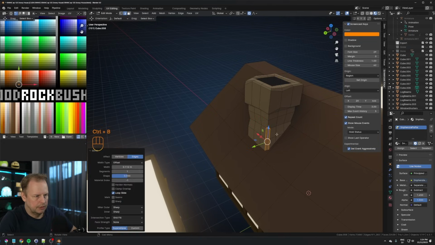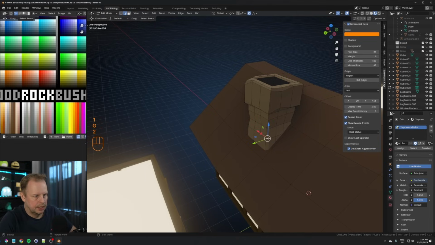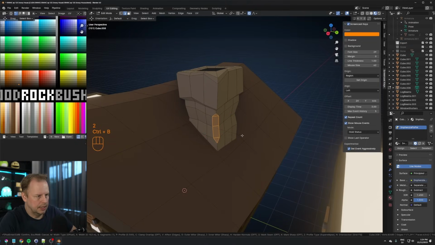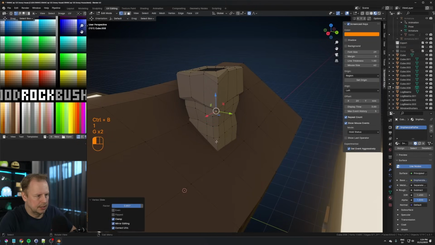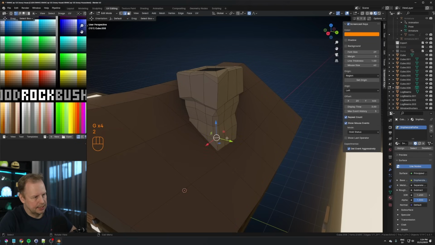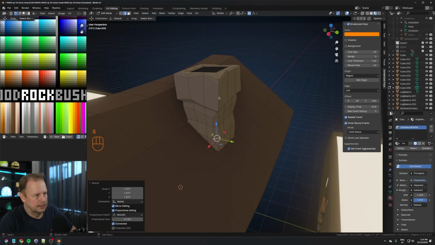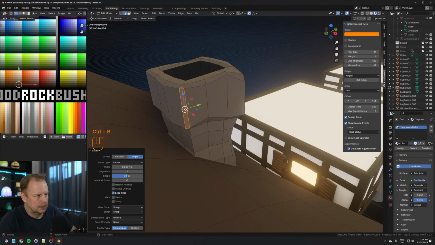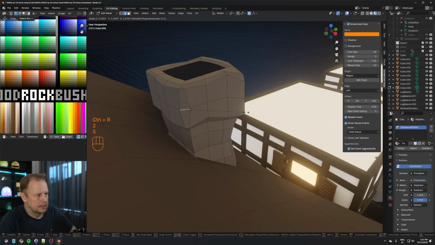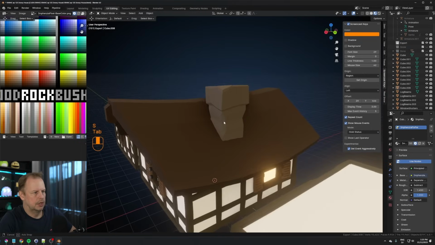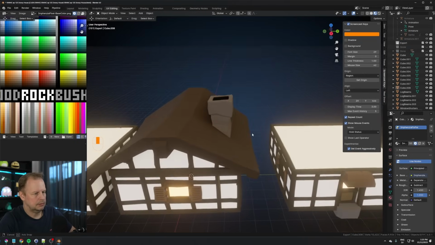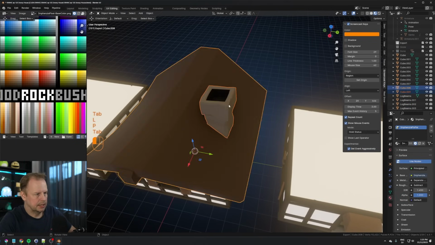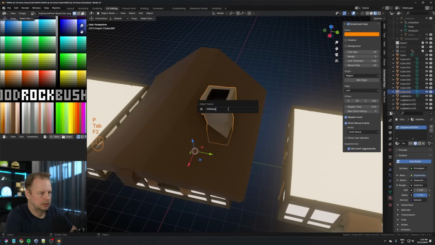Control B to bevel, GG, scale, and let's bevel here as well. Control B, GG, GG, and scale. And this one too. Control B, Control R, scale. All right, that'll work. Chimney number 1, LP to select the chimney 1,